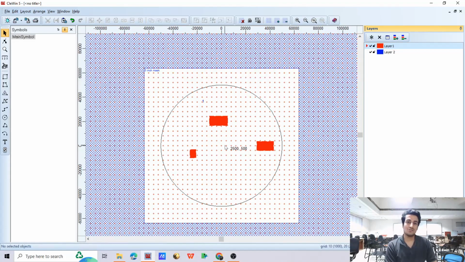Okay. So in the next tutorial we'll be going for some practice sessions. We'll try to make some devices and we'll try to populate them with the help of the duplicate option. Also we'll see how we can make alignment markers, how alignment markers help us in the alignment, and which alignment markers you should use for your device or during your fabrication, and how critical it is to use alignment